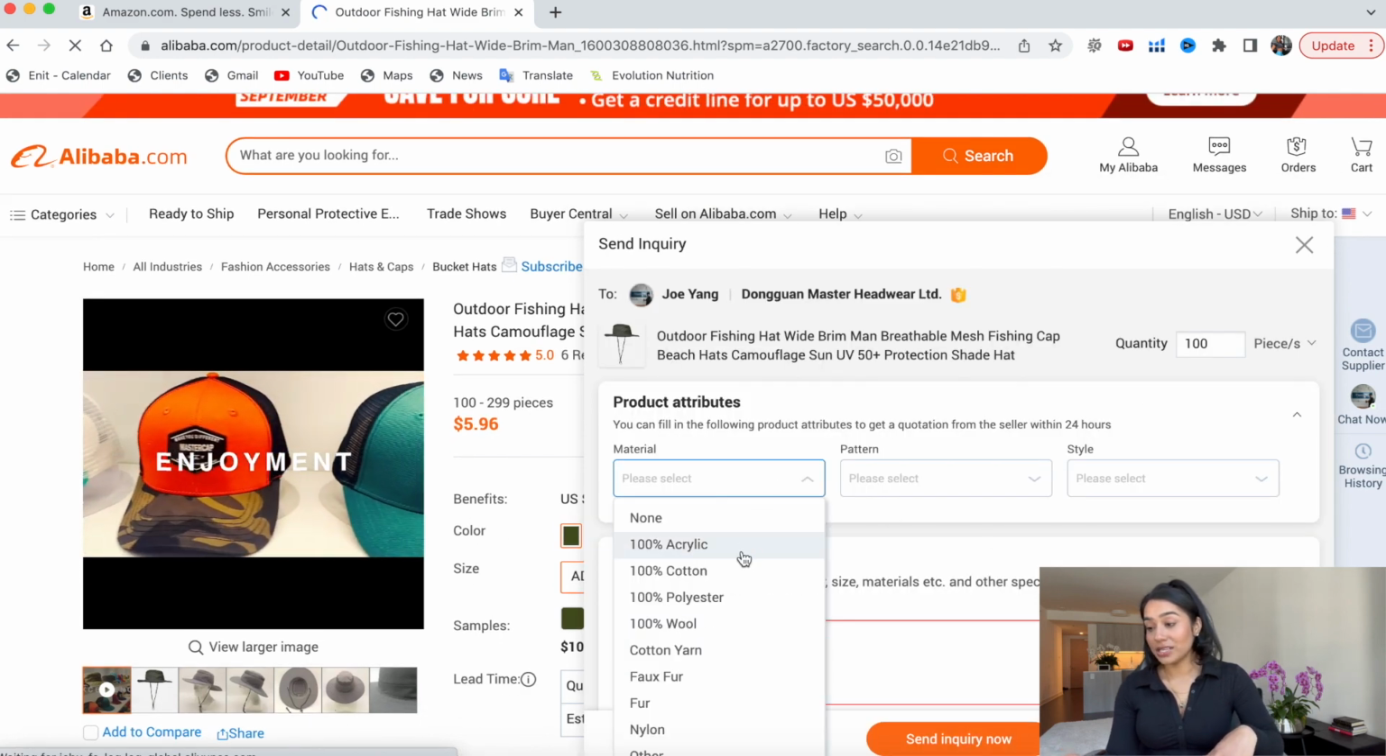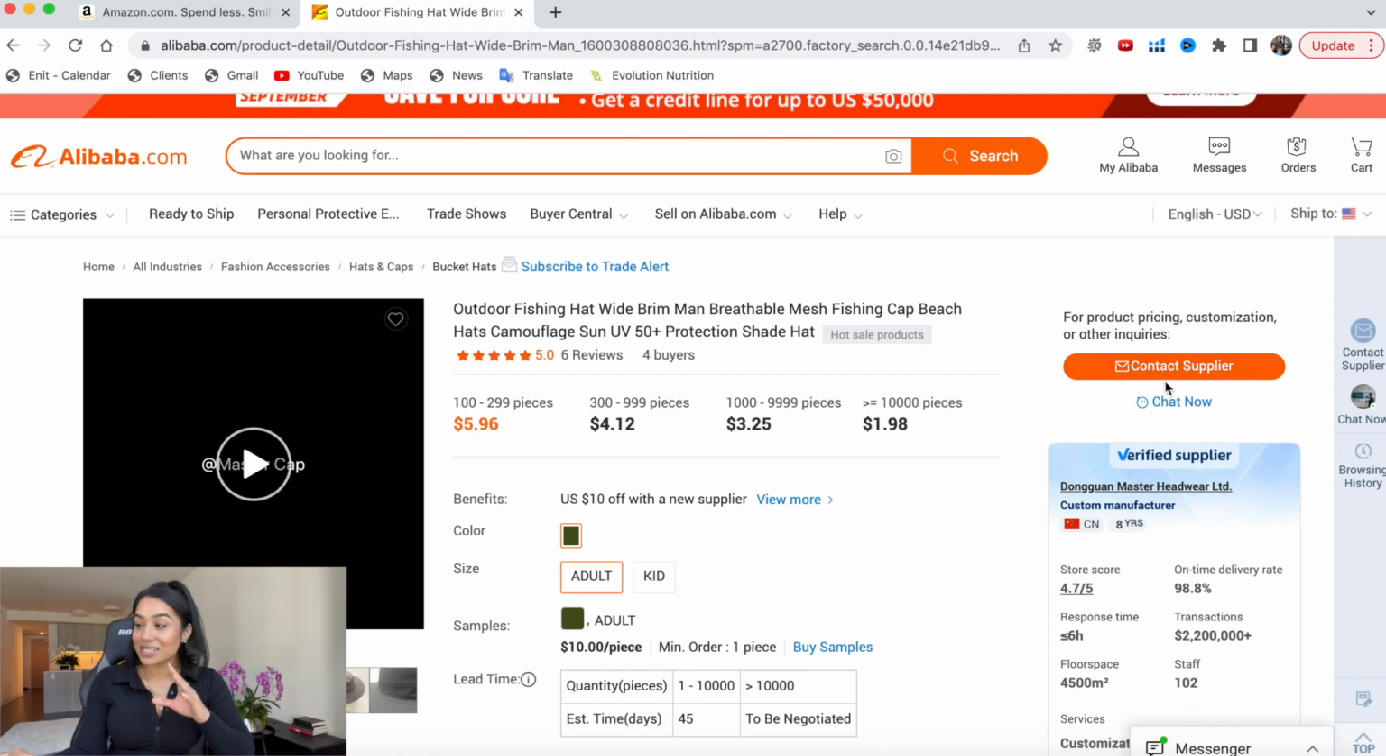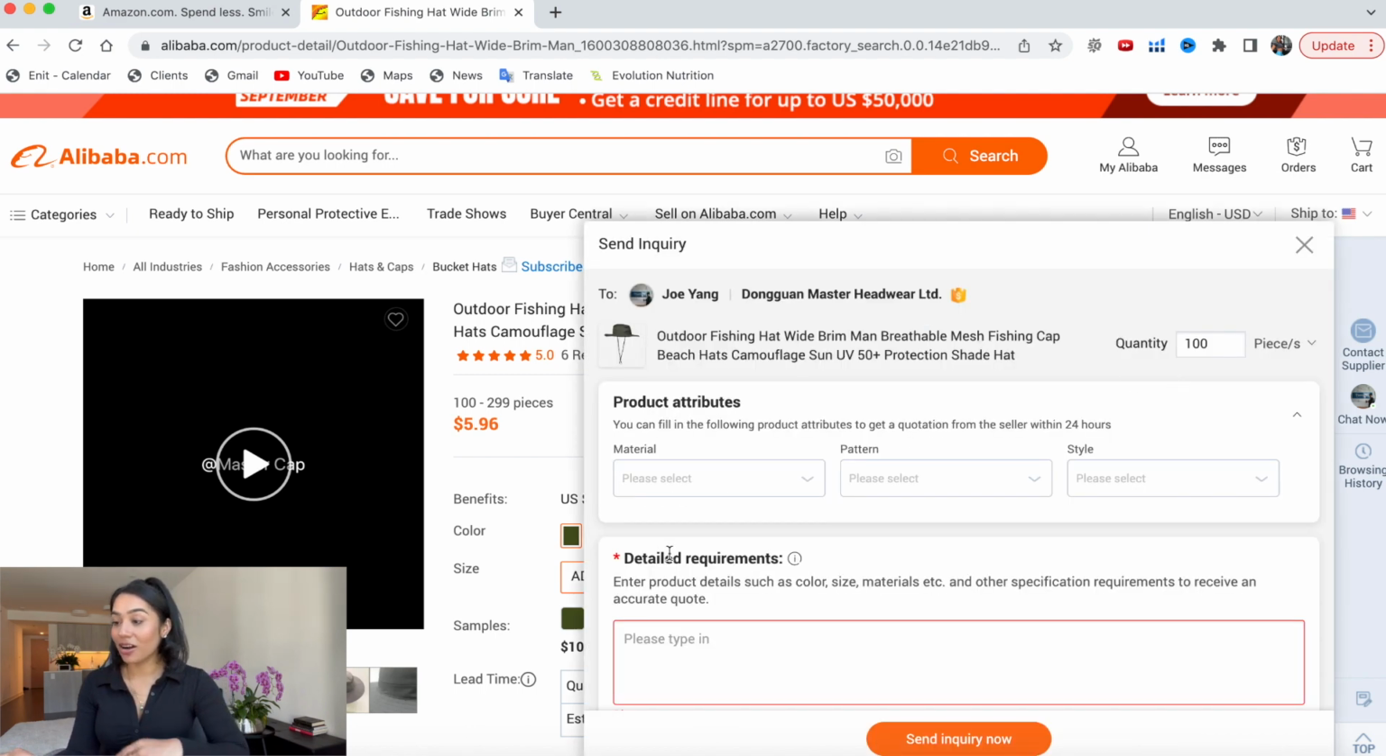We're going to click on contact now, and you can put the product material, but they know what this product material is. So what I would do is just type, hello, I'm interested in this hat. Let me just type this out. Interested in this hat. What is the MOQ? And also,